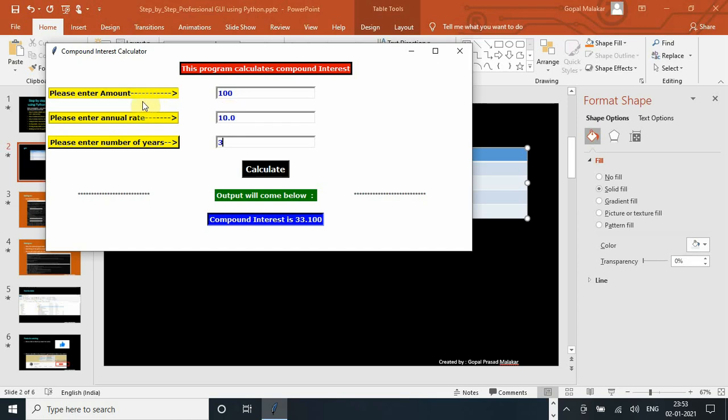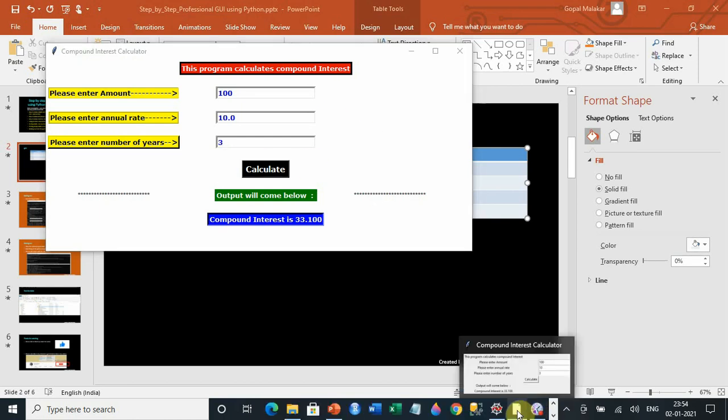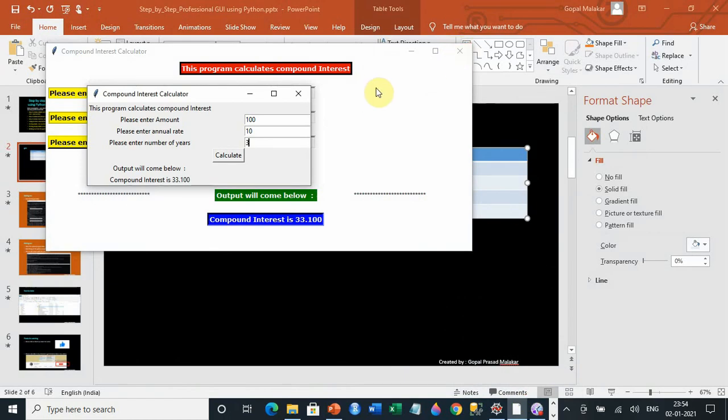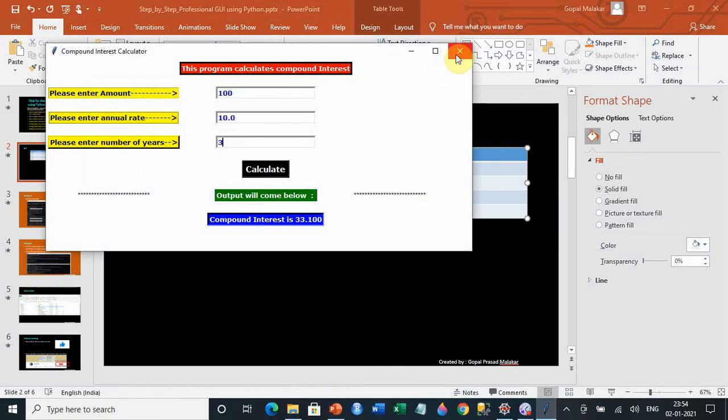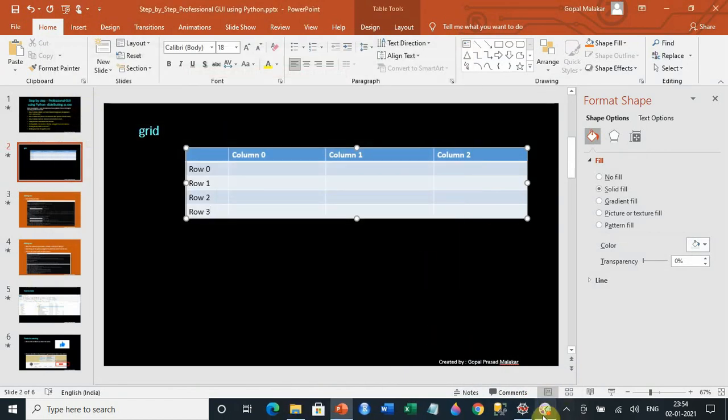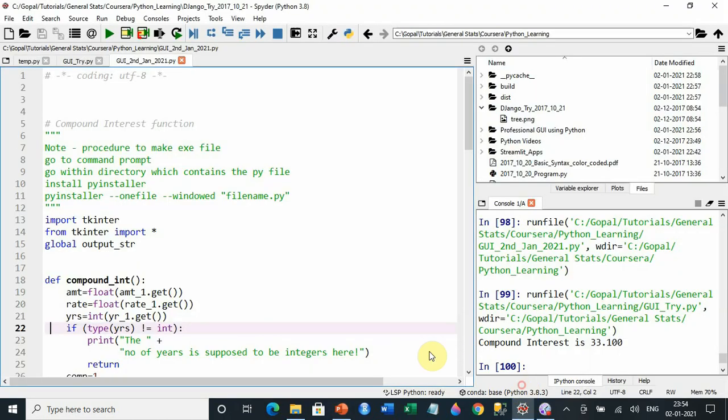And that's where the blank label comes in handy, otherwise I was not able to format it clearly. So now let me show you how this has been made step by step, and then I'll also explain how to take care of that situation. So first of all, let me close this particular GUI. Also let me close this exe file and now directly show you in the Python file how it looks.